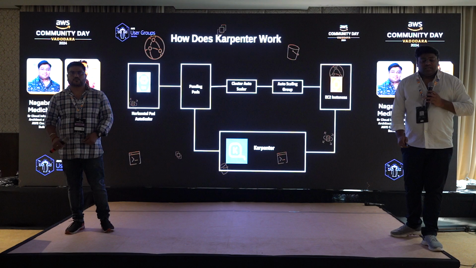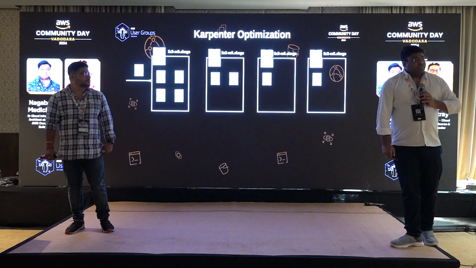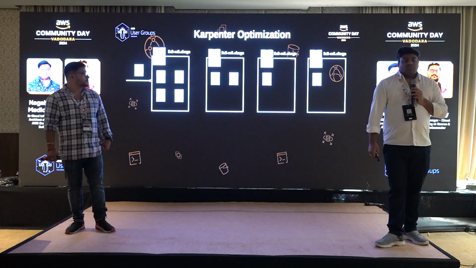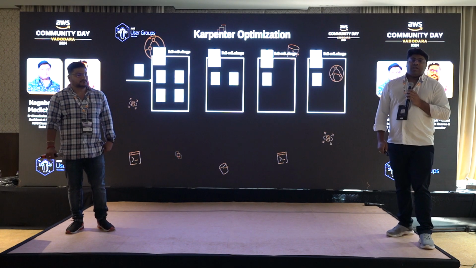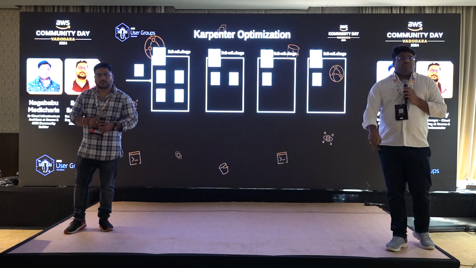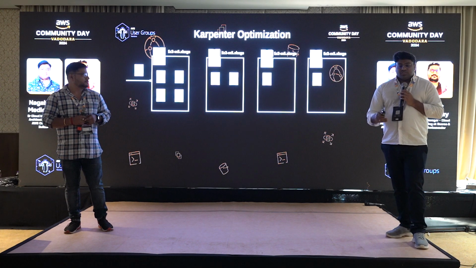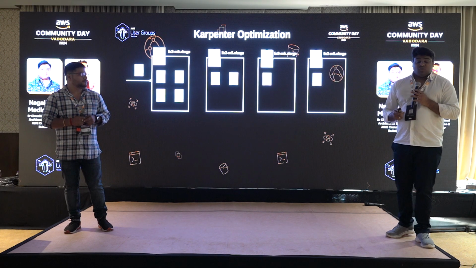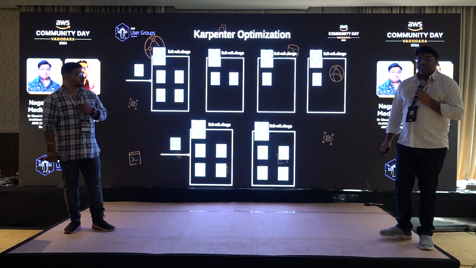But where Karpenter makes an impact with respect to cost is this. Take a hypothetical situation where you have 4 nodes. In one node you have 4 pods, in the second node you have 2 pods, and in the third and fourth you have only one pod each. In the second node, even though you have the capacity to provision 2 pods, you have chosen the third and fourth. Instead of that, can I consolidate all of the respective pods into one? That is where we have the feature called consolidation.